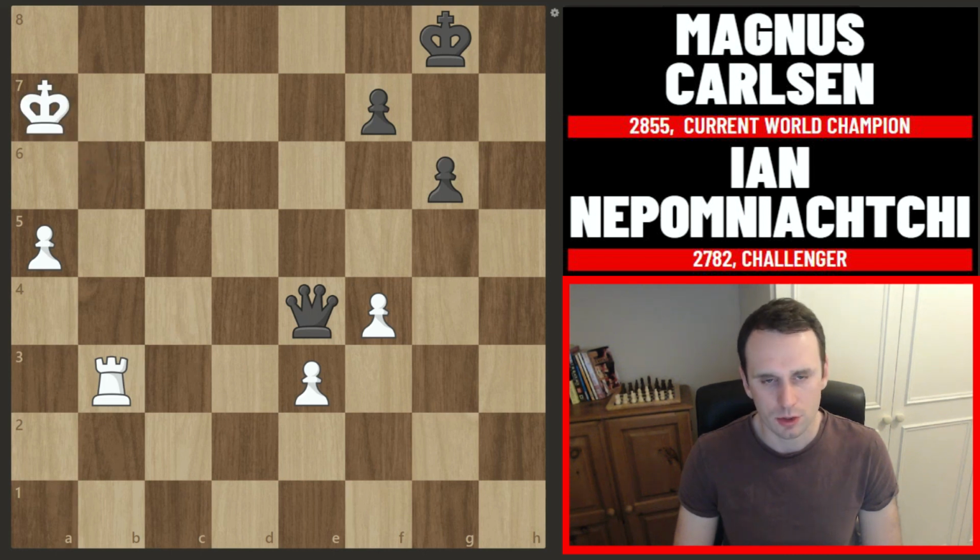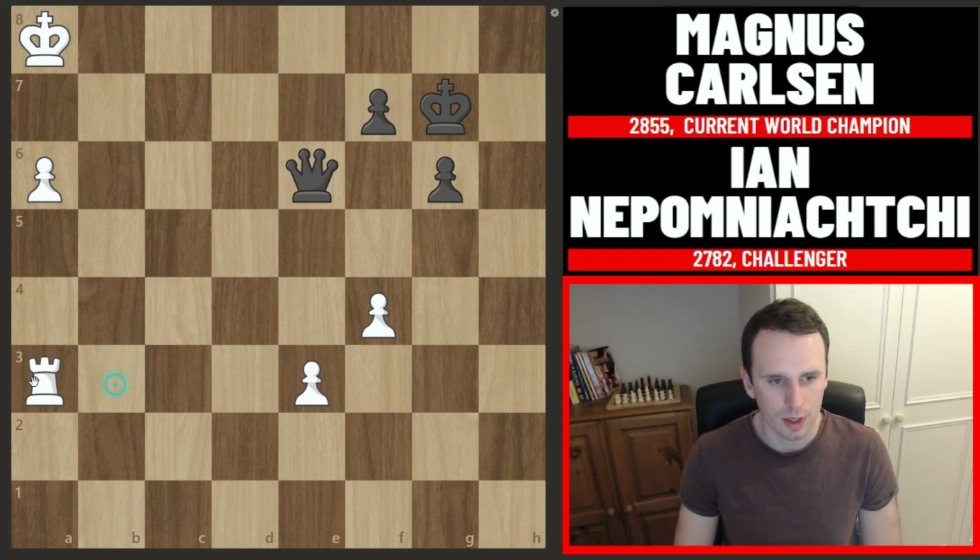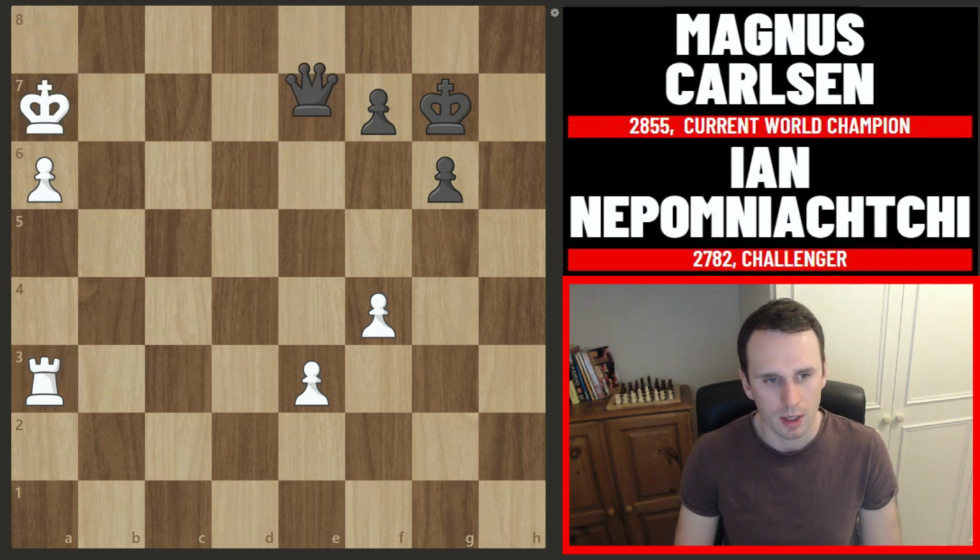But now Magnus just goes queen to e7 check. The king moves away, and now king to g7. A really nice move, just emphasising the hopelessness of white's position, because if you push a6 now, you can just go queen e6, you're hitting the pawn and the rook, and if the rook tries to defend, well, now you go check, king a7, queen e7 check, and you're picking up this rook, and so this is the problem,